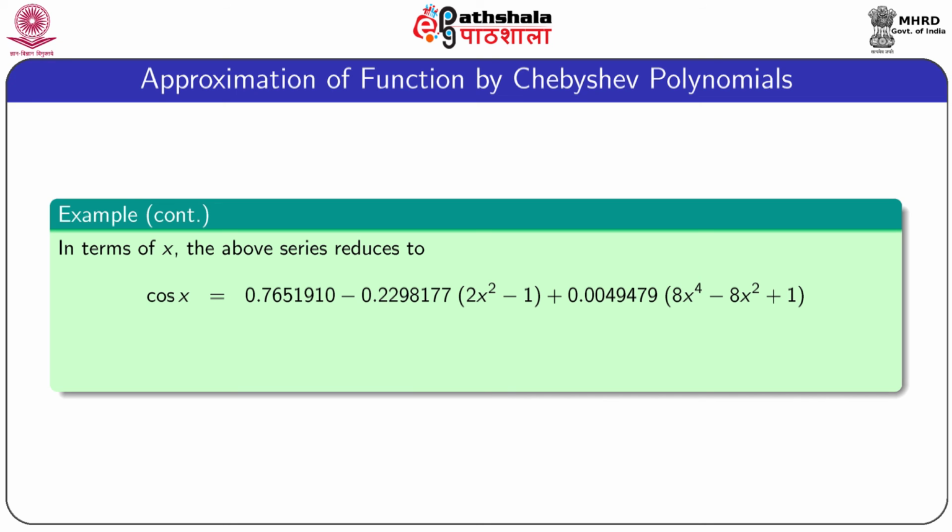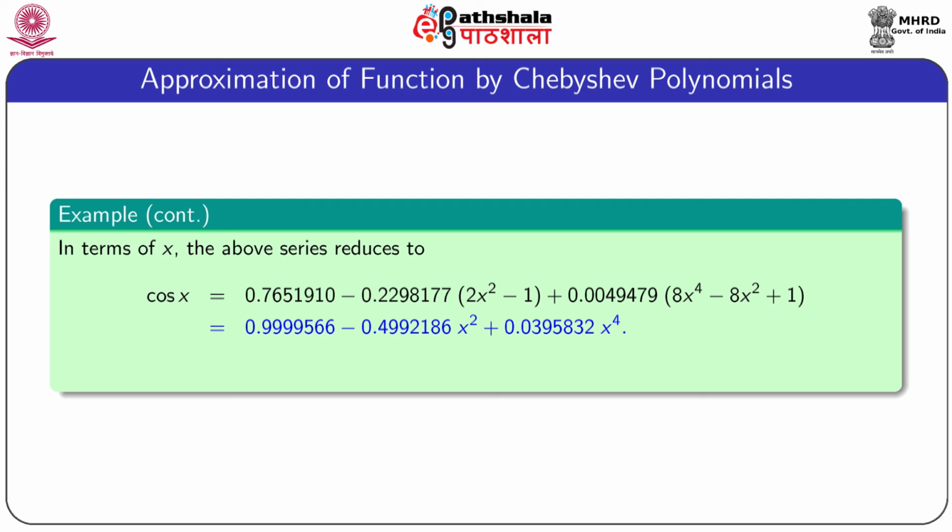And after substitution of the values of T0, T1, T2 and T4(x), we get cos x equal to 0.7651910 minus 0.2298177 into (2x square minus 1) plus 0.0049479 into (8x to the power 4 minus 8x square plus 1). And after simplification, cos x is finally